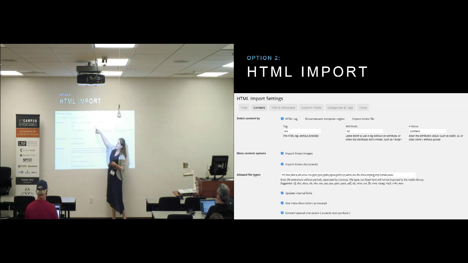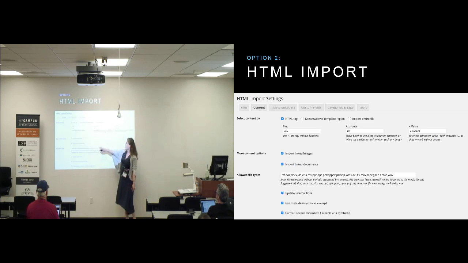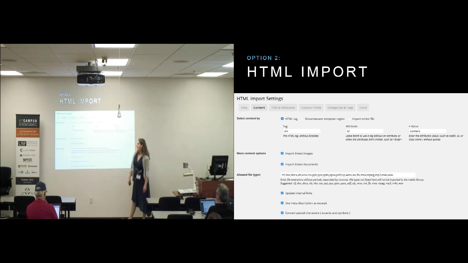If you have Dreamweaver template regions, you can also do that. Switch over to there, enter the name of the region, and it will find that. Then I've got a bunch of other options that are really similar to the other importers that you've seen. Do you want to import the linked images? Do you want to import linked documents? We had Word files, PDF files, Excel files, as you do, because we're higher ed. I told it which files I wanted it to accept, and it scoops those up into the media